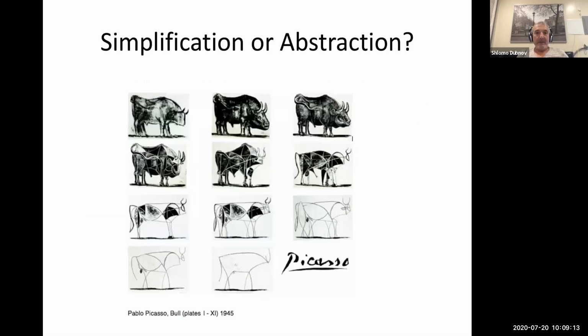Now, just observing the way Picasso was working on these different sketches, you can see that it can go from very detailed and realistic representation of a bull to something which is very abstract. So I think that suggests that the compression part is a tool of thinking, at least for Picasso.